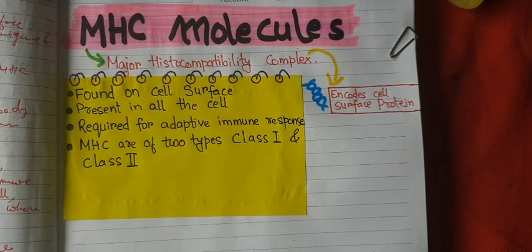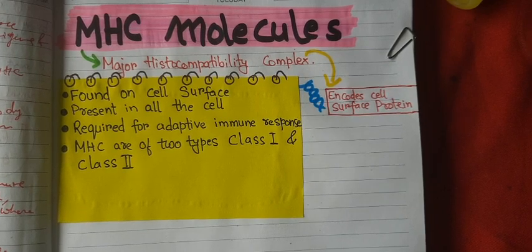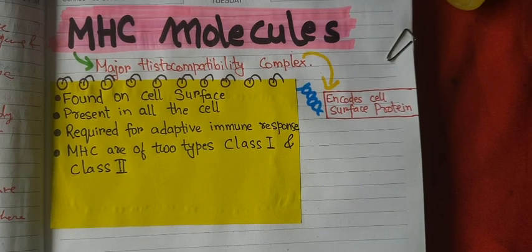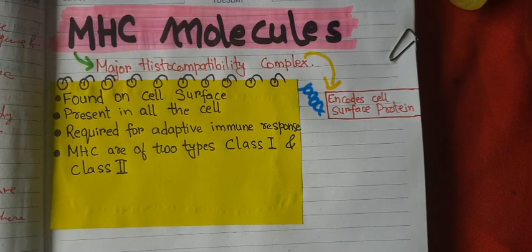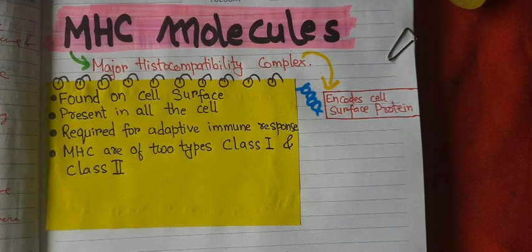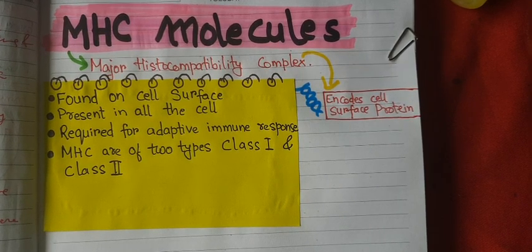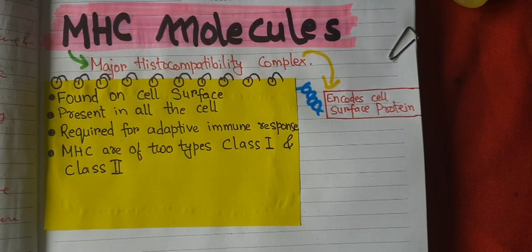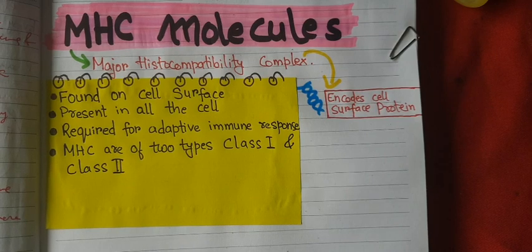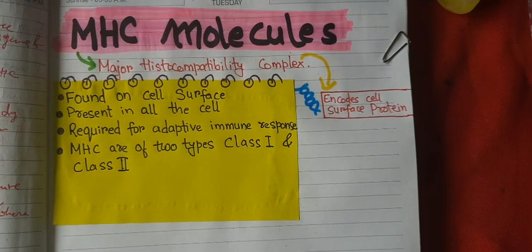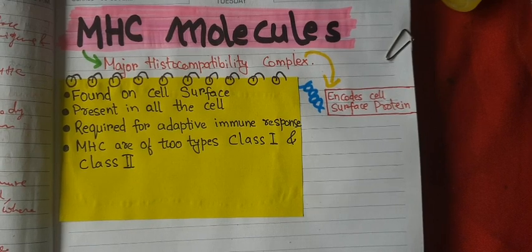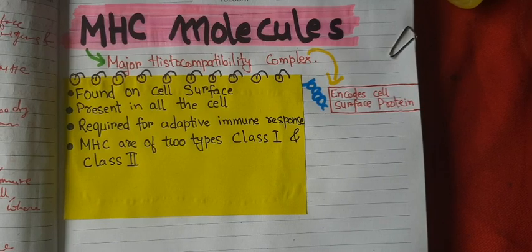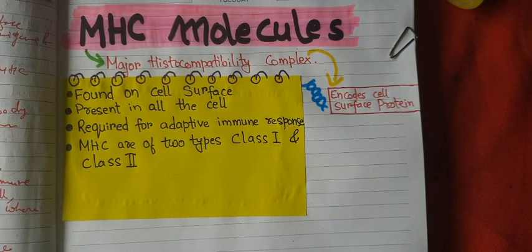Now wherever any kind of infection is detected by an MHC molecule, they come in contact with antigens, and they call T helper cells for help. It is also present in all the cells in our body. And the reason for it being present in every cell is that we do not know what the chances of infection in our body are. Infection can occur anytime in any part of our body. For this reason, they are present in every cell in our body.